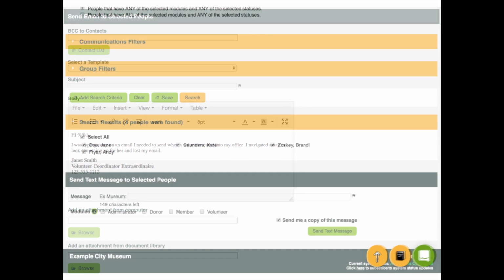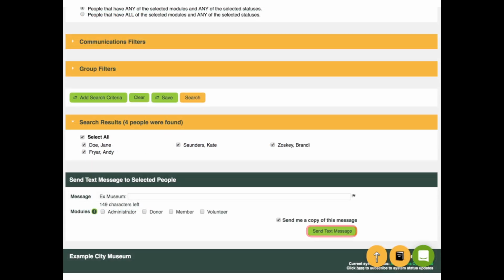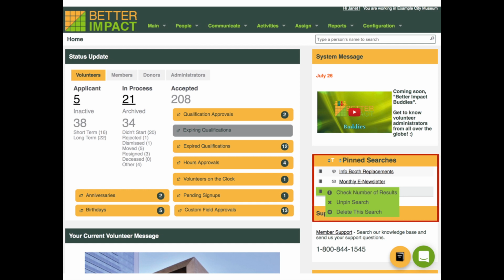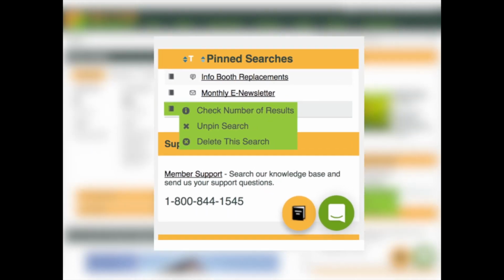The ability to pin a search has been extended to the Send Text Message menu option. Additionally, you can now pin a search directly within the Save Search option, eliminating the need for a second step. Managing your pinned searches from the home page is now easier, with the ability to sort searches, unpin, and delete